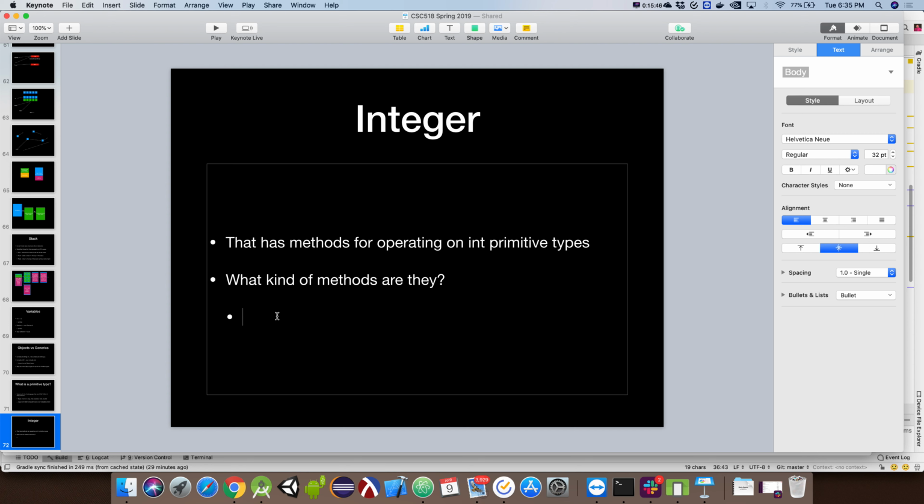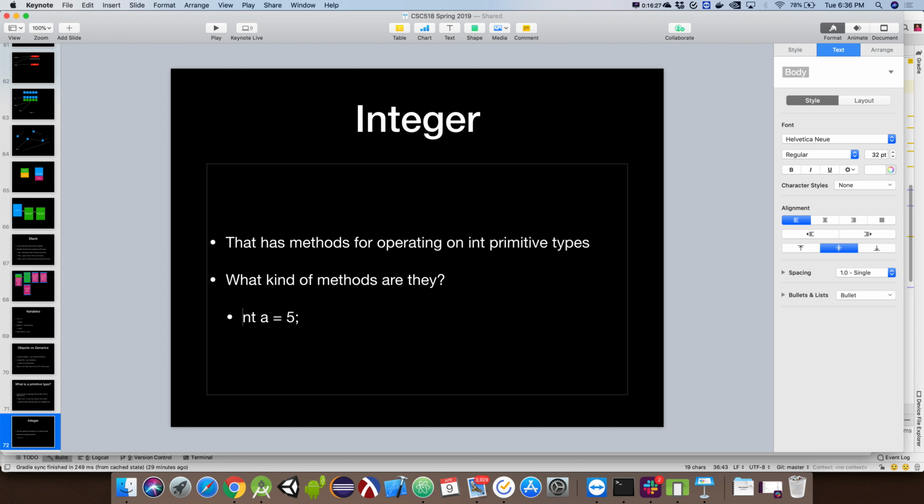You would only create instances of an object if you needed to hold fields associated with that object as well as perform methods, right? So, for instance, we create instances of string because we want to have String s equals "hello", String s2 equals "world". We have different values we're storing inside of our string object, right? And then on top of that, we have methods that can operate on those values, like s.length, s.charAt, that kind of stuff. We actually do not need the Integer class to be able to hold integers because we already have the ability to hold integers through